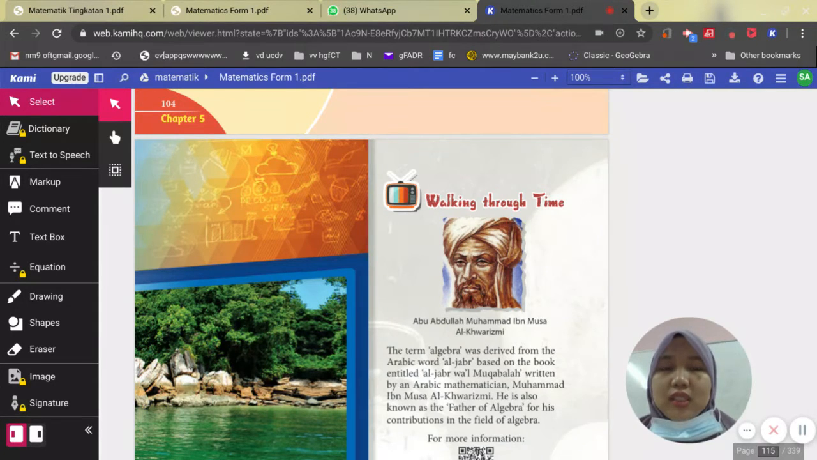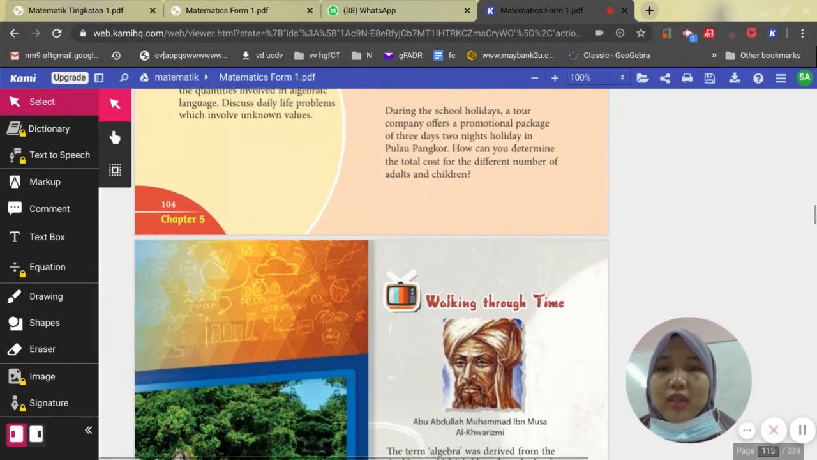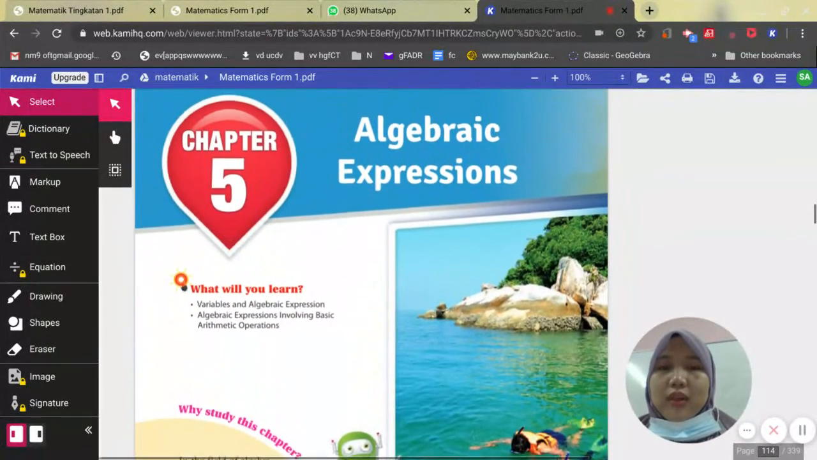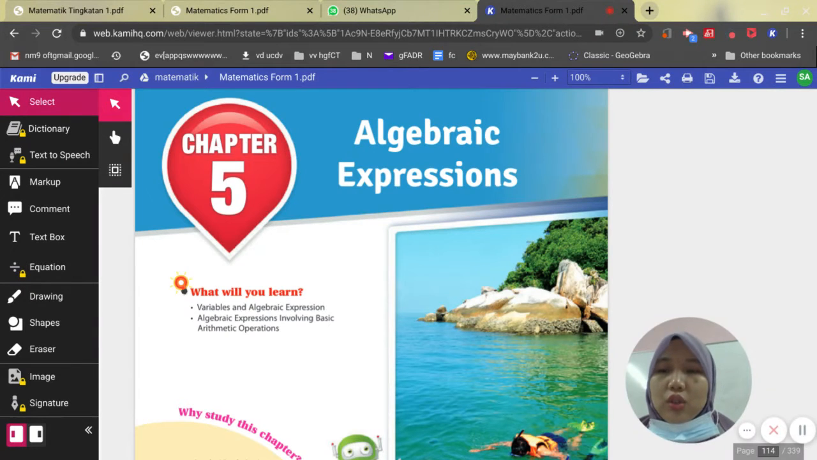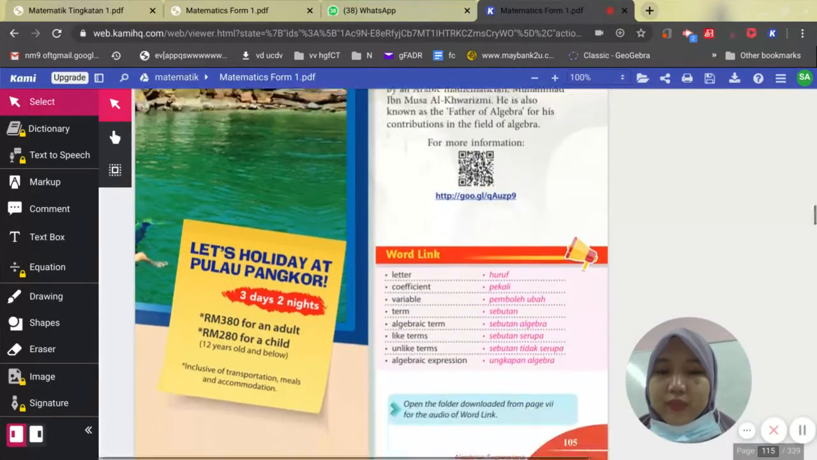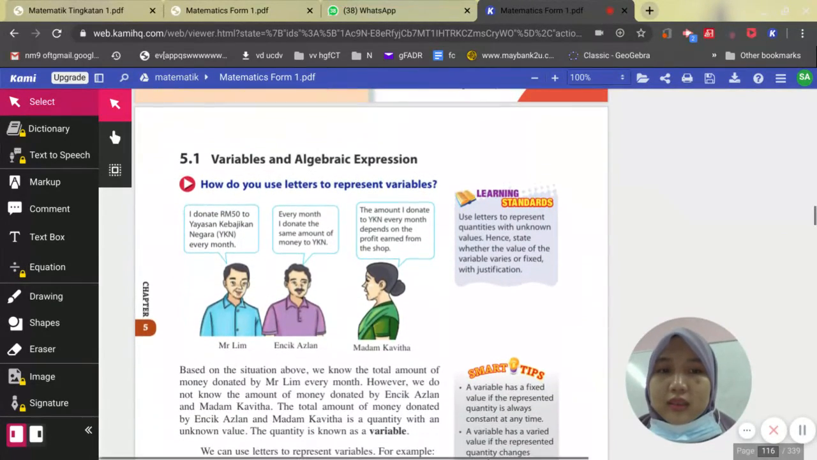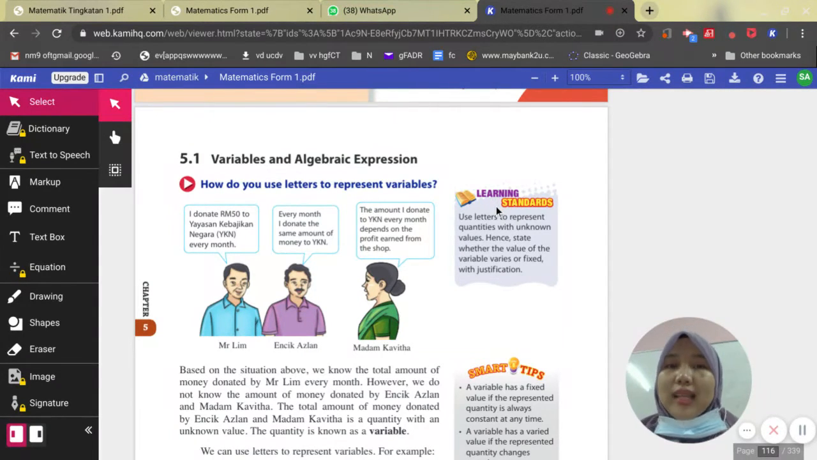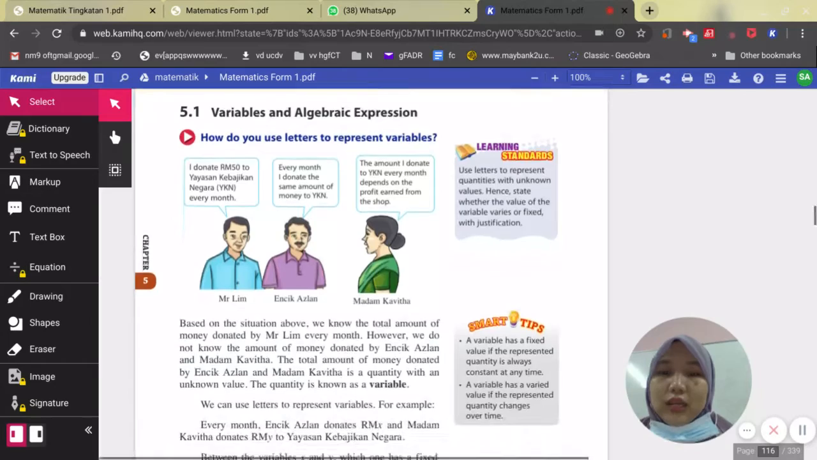So today we're going to learn a new chapter, which is chapter 5. Chapter 5 is algebraic expressions. Here we can see the learning standards. The learning standard is to use letters to represent quantities which are non-values, and hence state whether the value of the variables varies or fixed with justifications. Okay, meaning that let's look at page